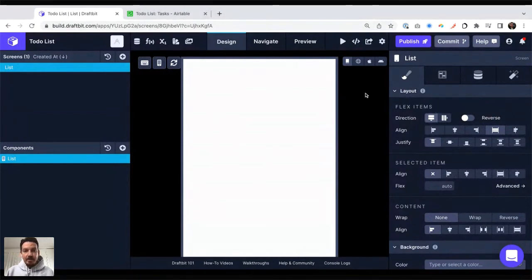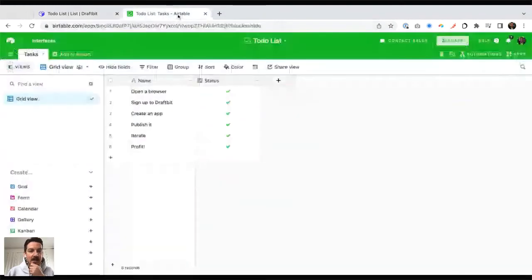Okay, so that's my app. We'll talk about the preview and publishing when we get a little something in it. What I want to do is, on that list screen, show that list, right? That list that's in Airtable right now, I want to show it in Draftbit. By the way, to-do list is just one example, and it's a good example because it's simple enough and people know what the outcome should be. But those concepts are going to be more or less the same for whatever application you're trying to build, right?